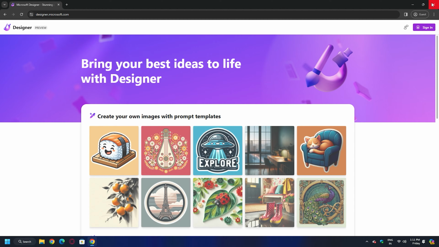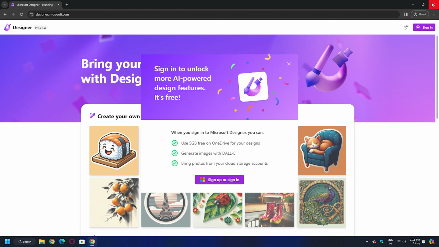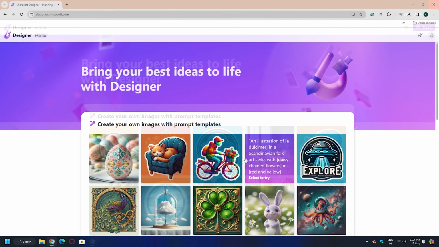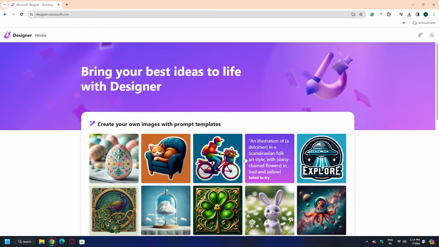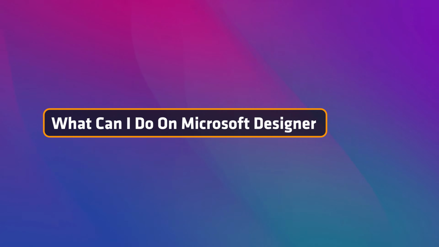Signing up saves the designs to the account and you can resume working on them anywhere with the connected Microsoft account. To sign up, click on Sign Up or Sign In. It will take you to the creative space of Microsoft Designer where you can start using its features and create designs.